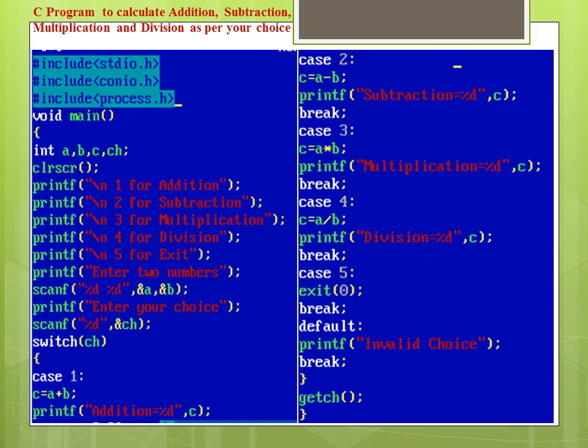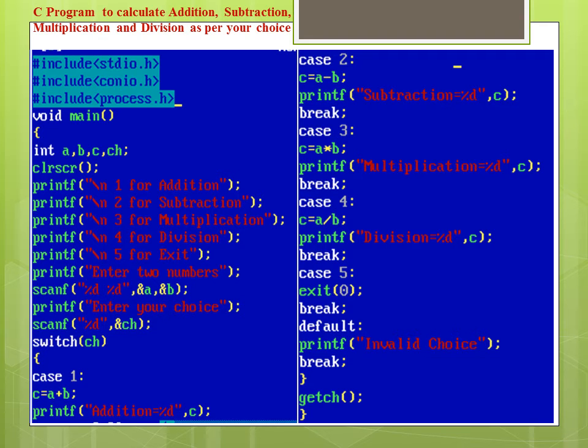By watching this menu on the output screen after execution of the program, the user will understand which choice he has to enter. After that, the user has to enter two numbers and his choice for the mathematical calculation.